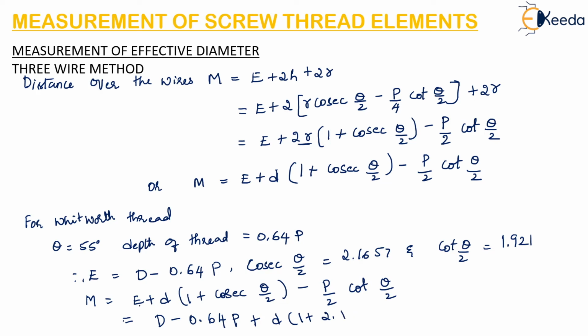So instead of E we are writing d minus 0.64 p, and instead of the cosec theta by 2 value, we have to write 2.1657,